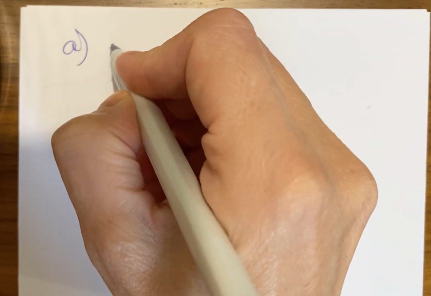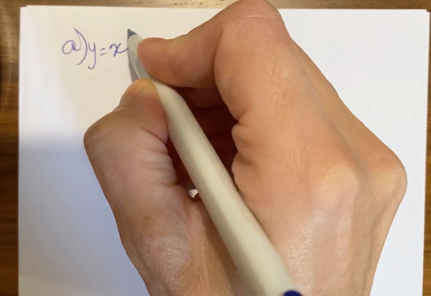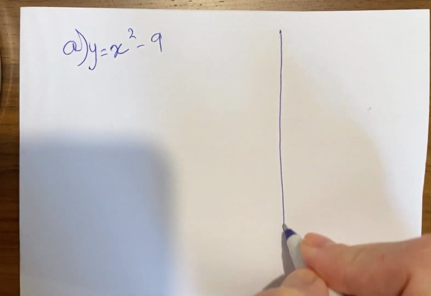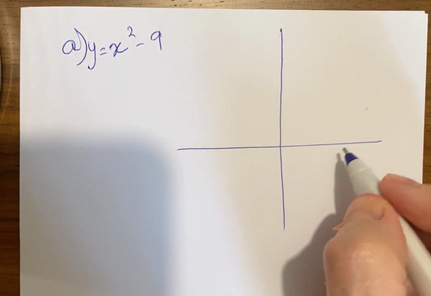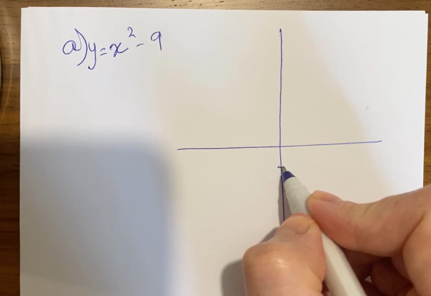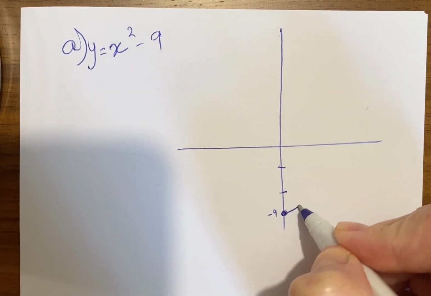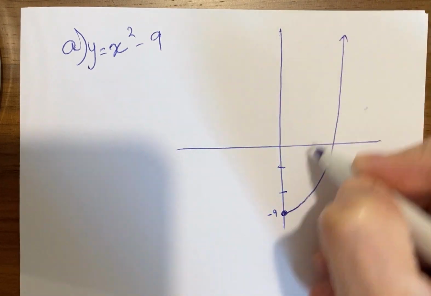So now let's look at a function and let's study it to see what happens when we change the set S. Let's look at the function y equals x squared minus 9. What is y equals x squared minus 9? It's a parabola shifted 9 units down. So if this is 3 units, this is 9 units down. It will be like this,